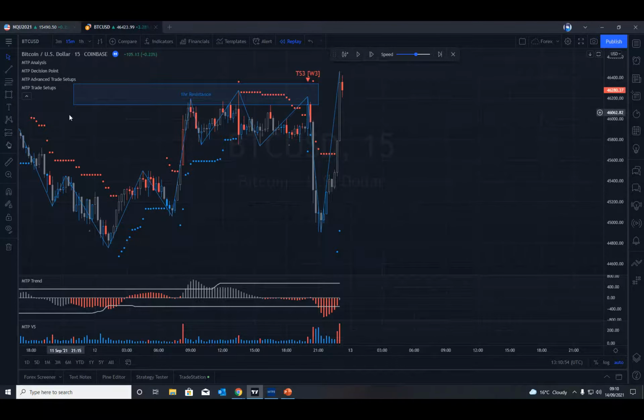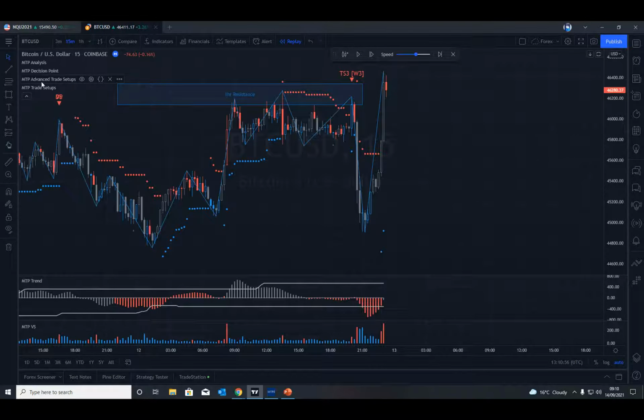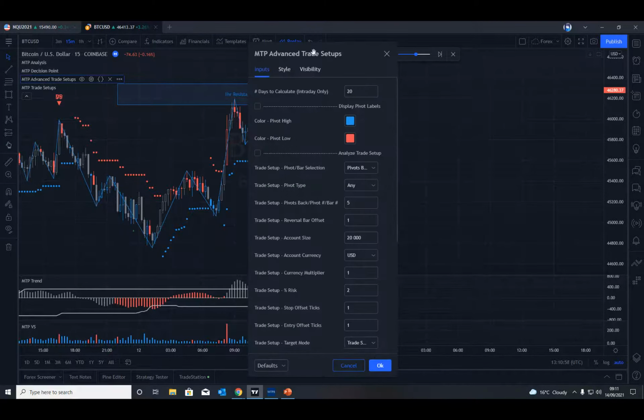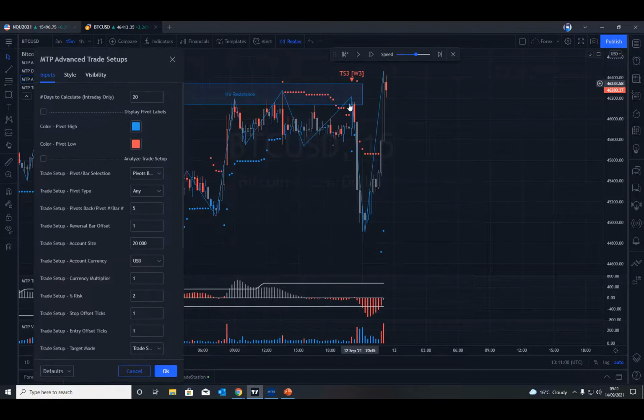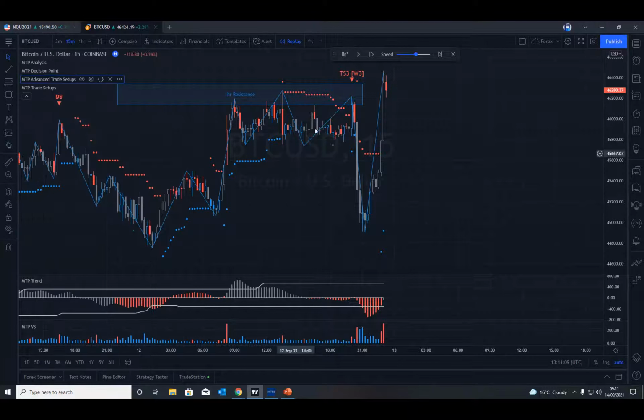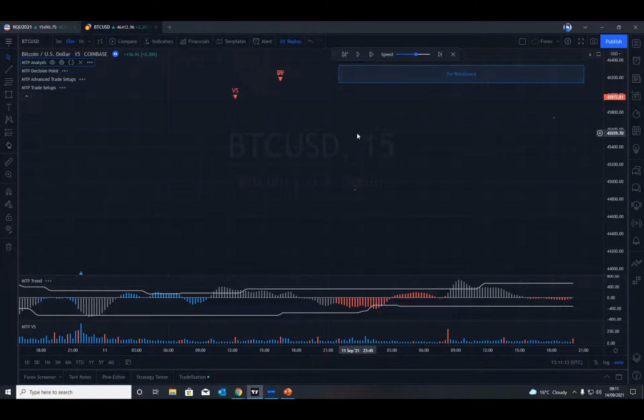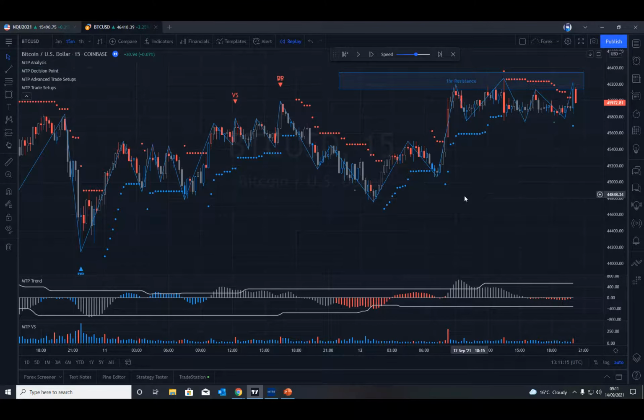I'll just try and place the analysis on this and see whether it doesn't throw us out again. So that's an advanced setup. So I'm going to do pivots back just because I don't want to use the training mode again, or will it? Let's just try it. Let's just try and see whether I can use the training mode to that bar there. Let's just try, fingers crossed, because it's a lot easier for you guys if I can.